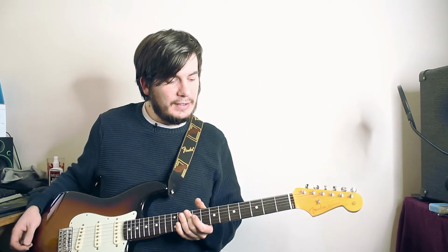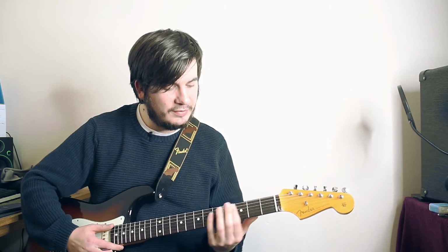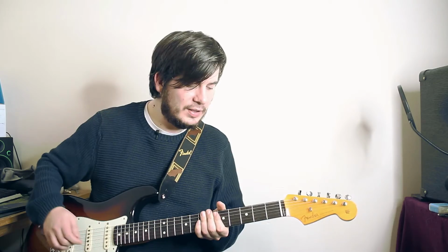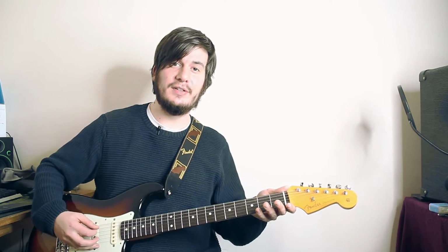Okay, so now we know what to do with this hand and how to pick the strings. What do we do with our other hand? So you'll see that the fretboard of the guitar is divided up by these pieces of metal into different segments. Now these will provide us with the different notes. Now, as we've been doing already, playing the strings